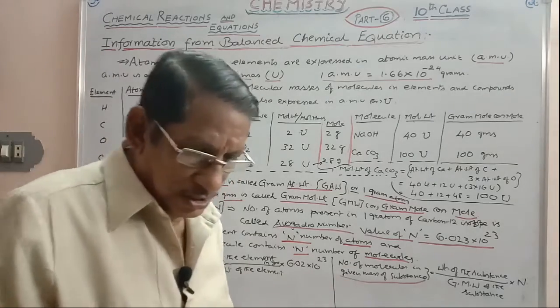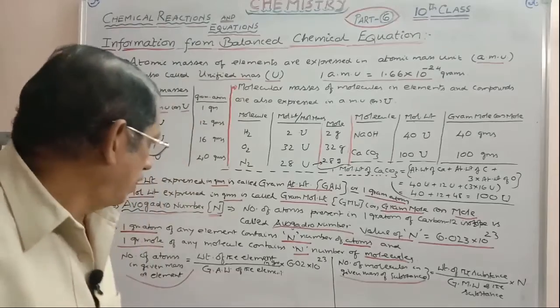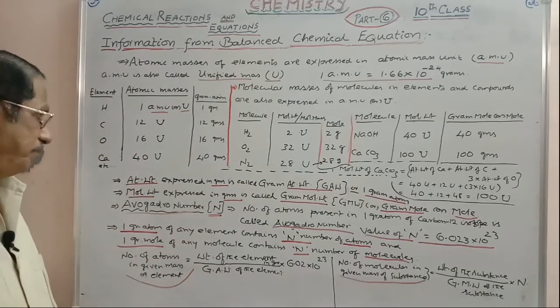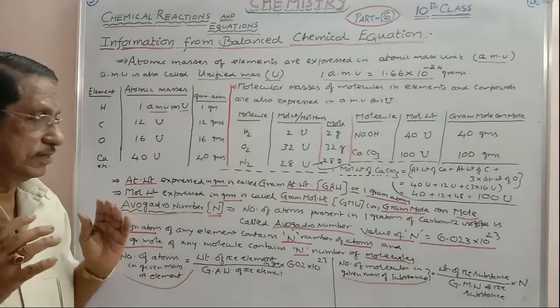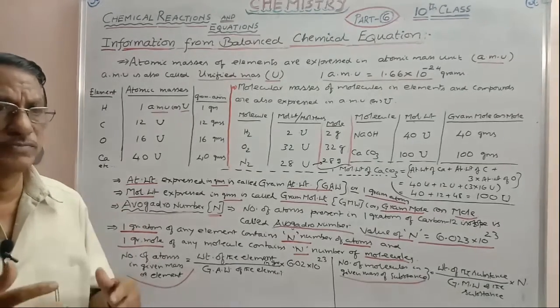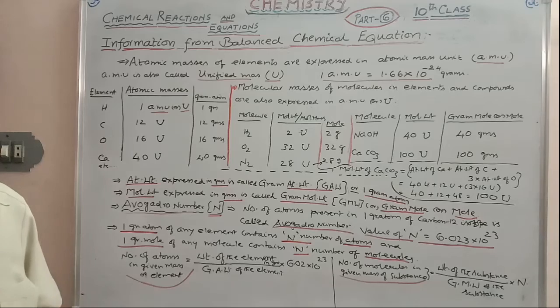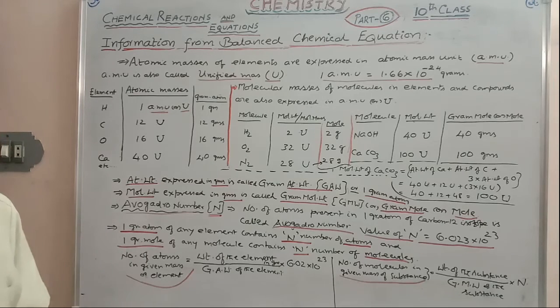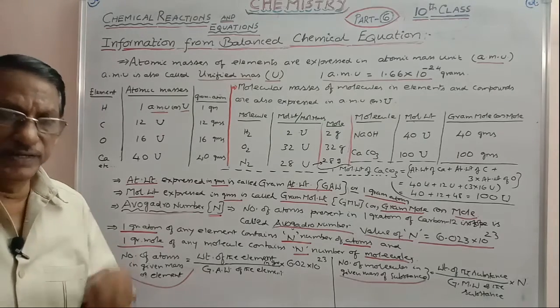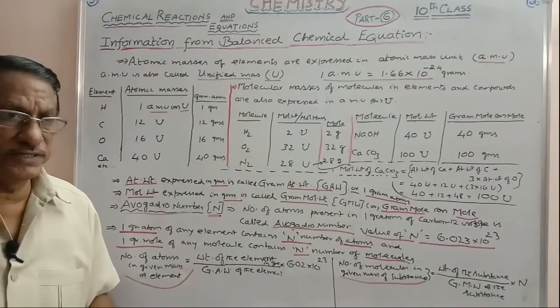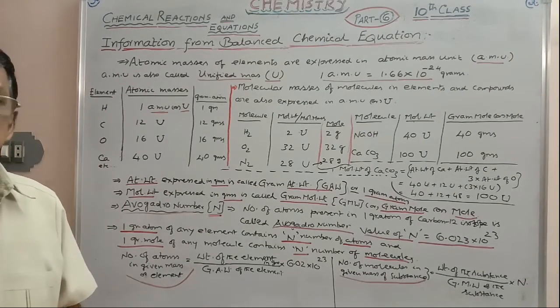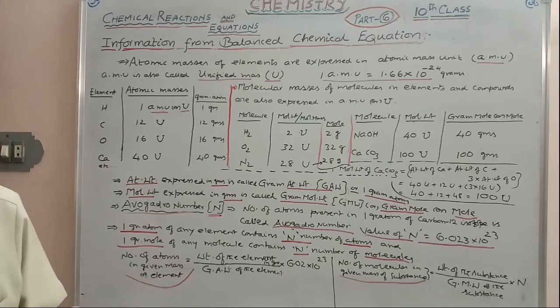Next you have to know gram molar volume. Volume is generally used to measure gases. Volume is a parameter to measure the volume of the gas at certain conditions of pressure and temperature. Whenever the volume of a gas is mentioned, side by side you have to express at what pressure it is taken and at what temperature it is taken.